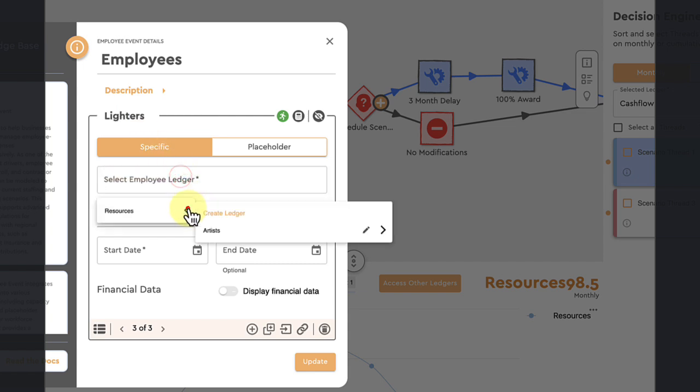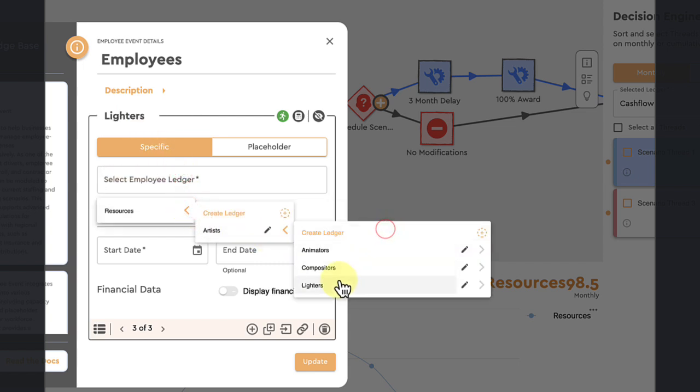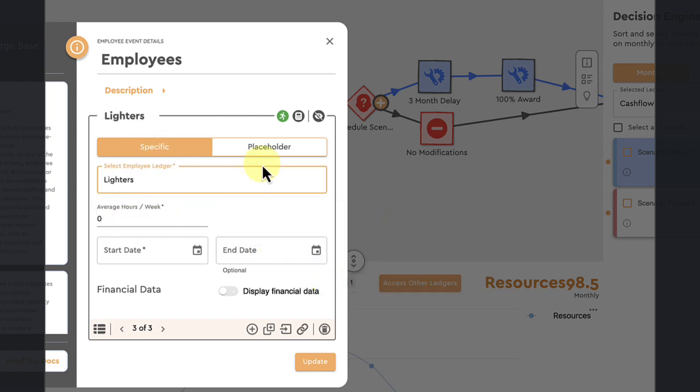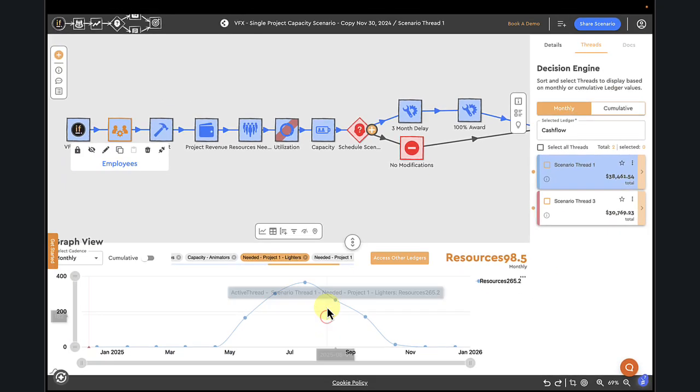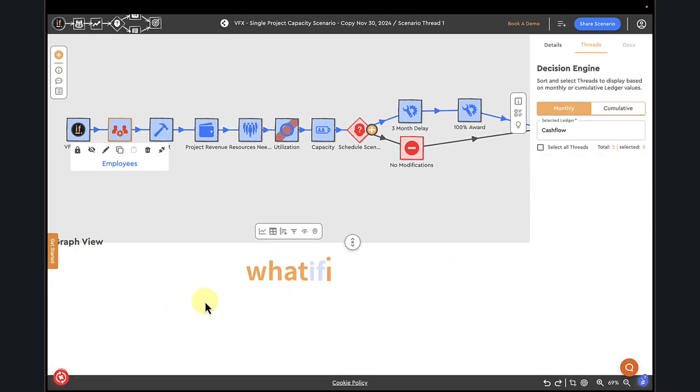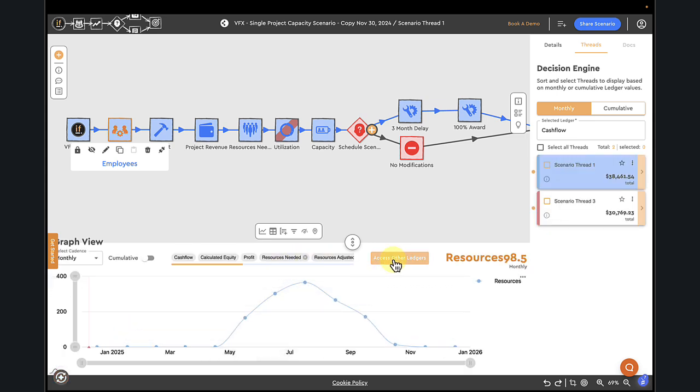I'm going to select the lighters ledger, and I'm going to put a placeholder in here, and I'm going to say that I've got working 40 hours a week. I have 3 lighters, and these are just my staff lighters. I'm going to put them on the graph here and say update. Okay. So now when I run my calculations, if I look at my capacity for lighters,